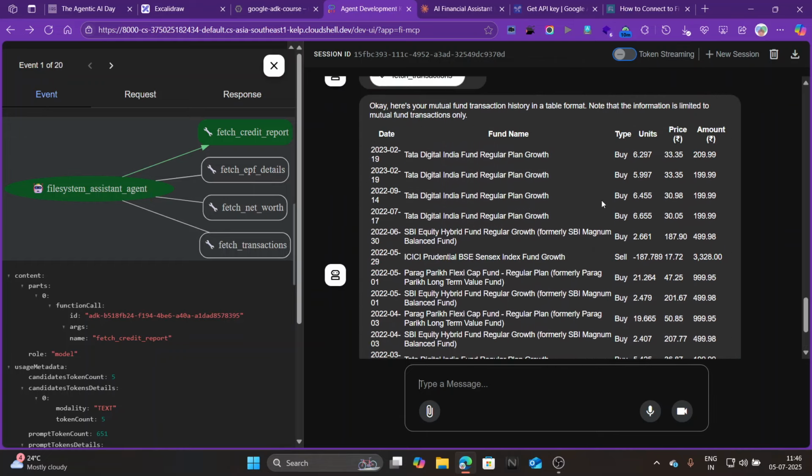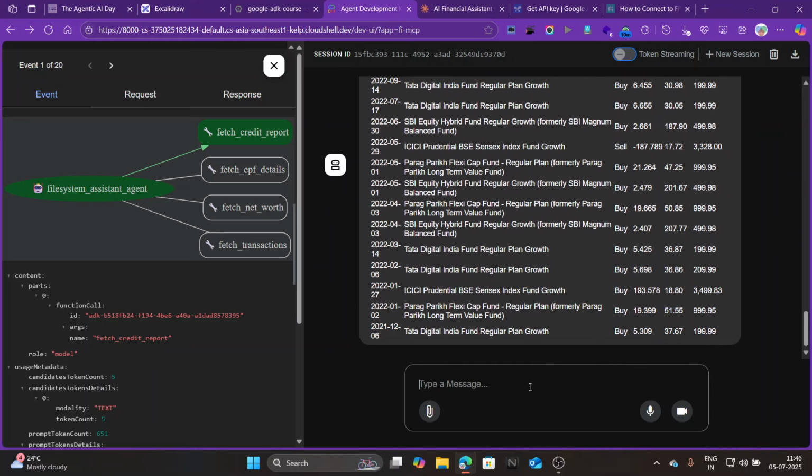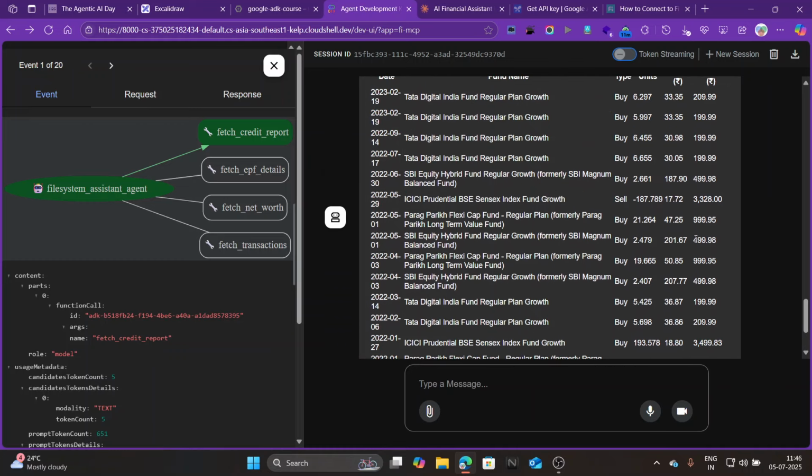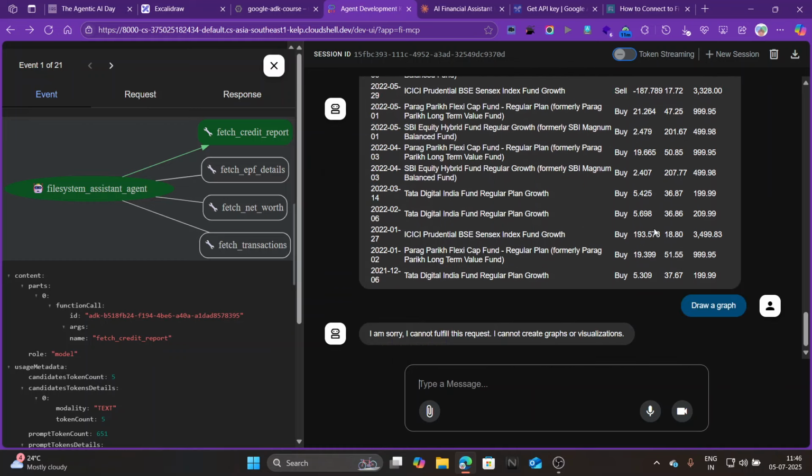Yeah, this is a game changer because here you can see. Okay, draw a graph. Okay, I don't have visualize capability.